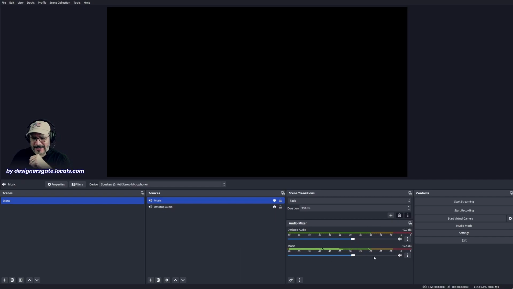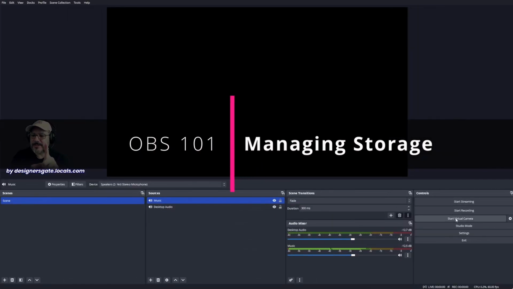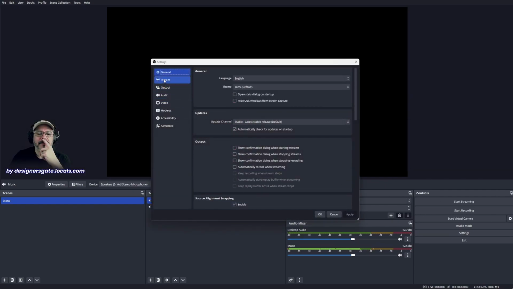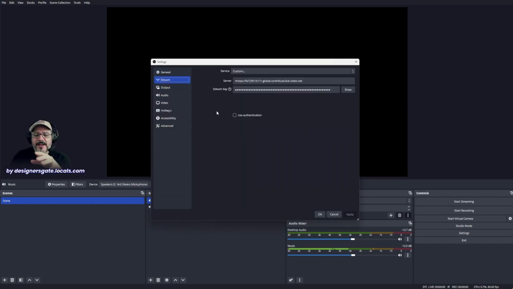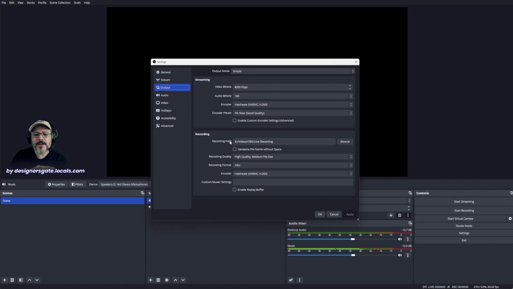Again, you have to test all this before you start streaming, and the way that you test it is to start recording a video. Now, on that note, in settings, if you have a laptop with two SSDs, one for games and one for applications, make sure that you come to output and set where you want OBS to record the videos, and keep them in MKV, because if you pause and start again,